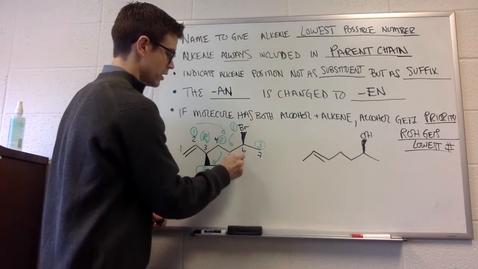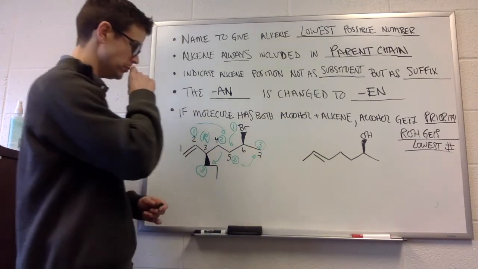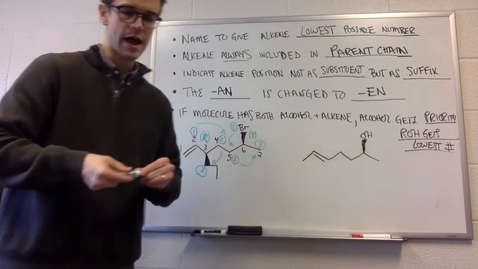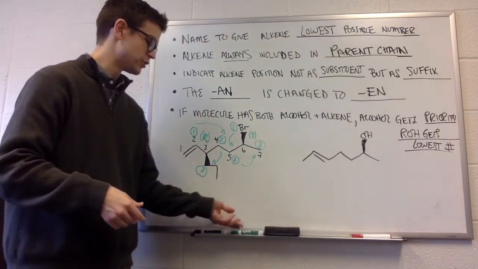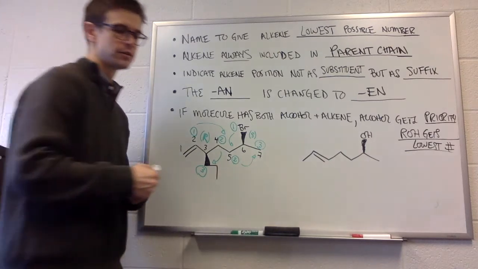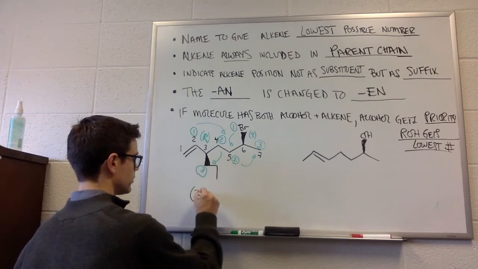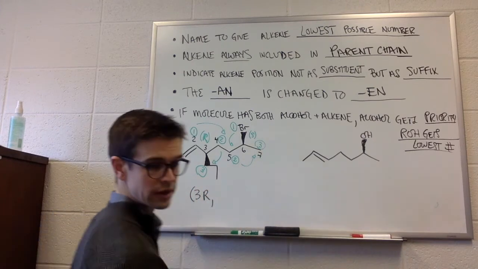Here we are counterclockwise, so that is an S. So we have our substituents, we have the R and the S. So this is going to be 3R, 6S,